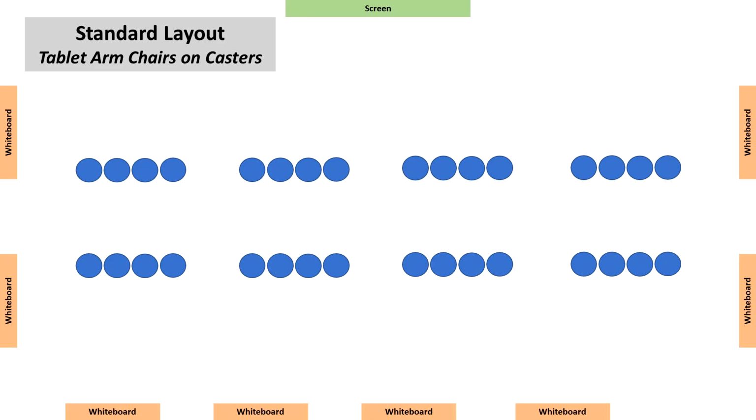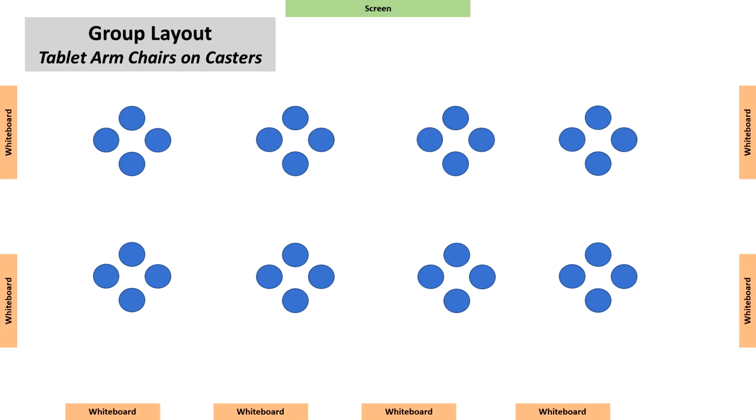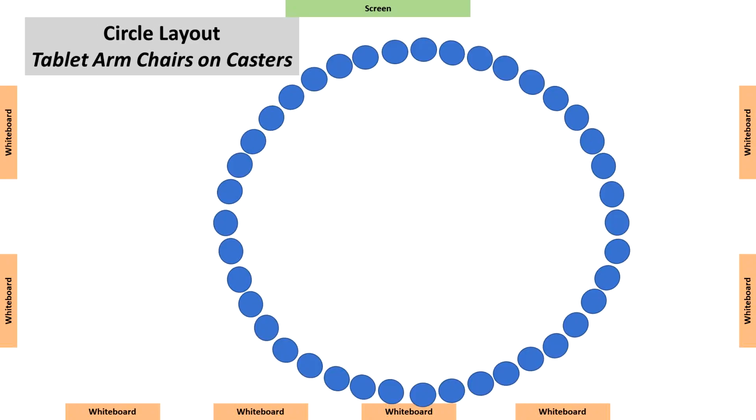and allows you to provide much more specific feedback. When you're ready to shift to more collaborative work, the tablet armchairs can quickly and easily allow students to form groups. When in groups, the students may discuss content, discuss questions, or work collaboratively on an assigned task. With this furniture, you can also easily arrange into a circle for a discussion. In this arrangement, no one person dominates, not even the instructor, and it is clear that the class is on